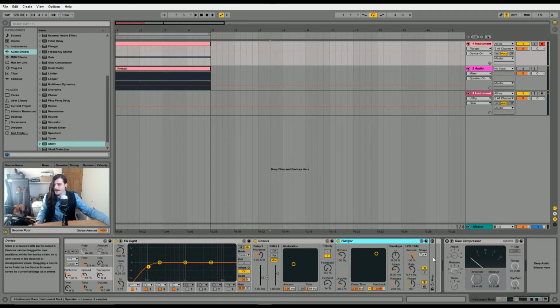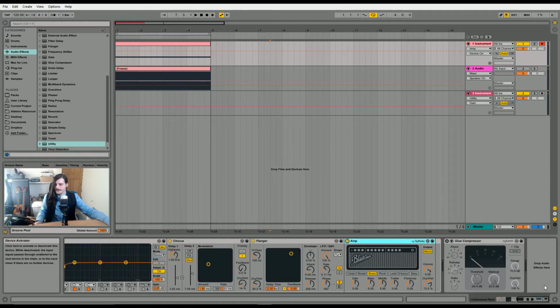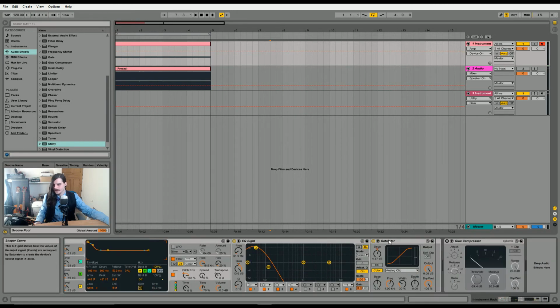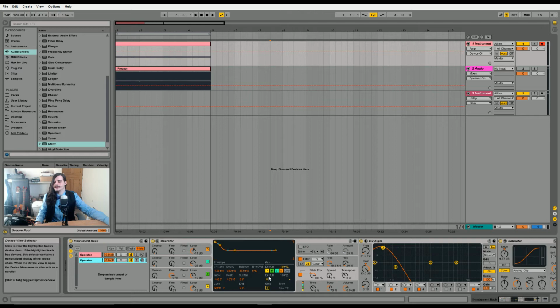It's not a big difference, but I think it affects it enough to warrant it being there. And then it's going through an amp. On the blues setting, the dry/wet's turned down to 73%. So yeah, this bottom channel is just going through a saturator on the analog clip setting, and the drive's turned up to 4.57. And that's everything